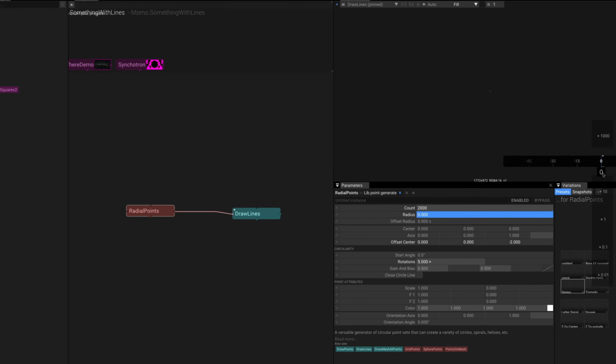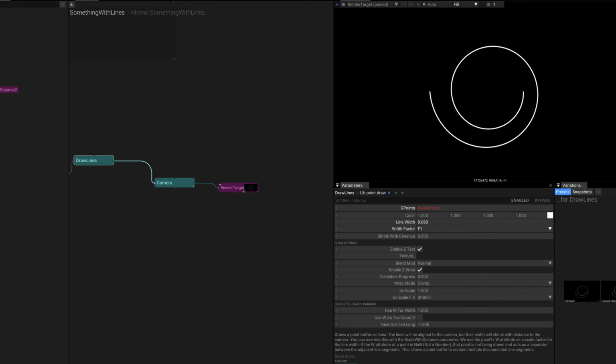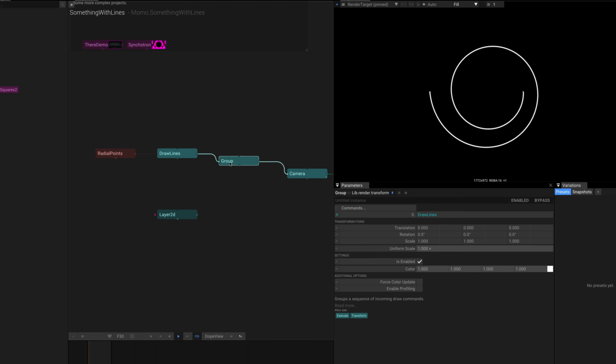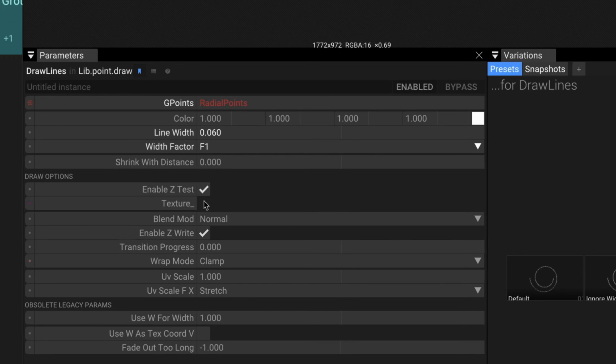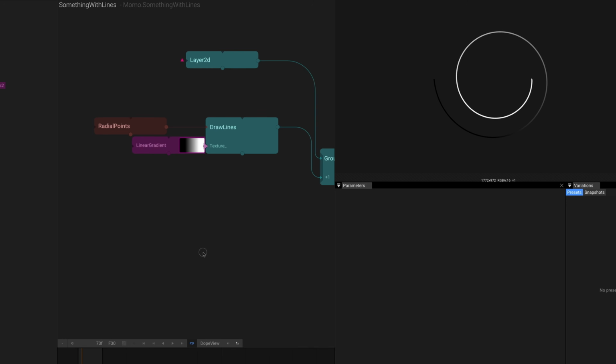I used a radial points node to create a spiral, made a render setup with a 2D background layer again, and while adjusting the spiral, I've noticed the texture input of it. Tixel will automatically make recommendations of what nodes you can add to a selected input, and I chose a linear gradient. And the gradient was then correctly mapped to the spiral to follow its shape, which felt very intuitive and made me think about the potential of that.